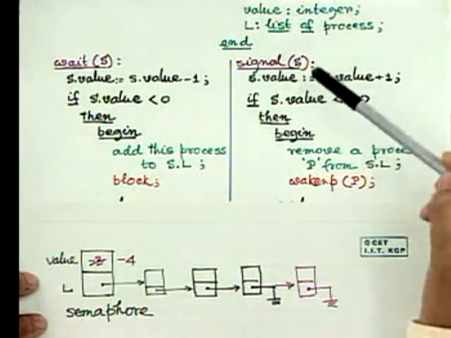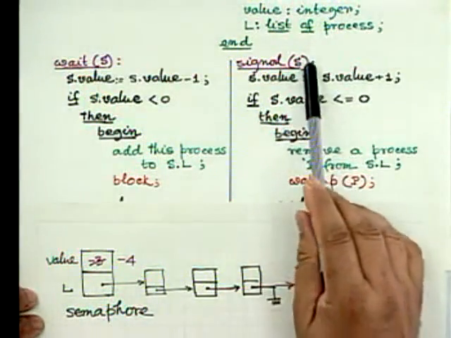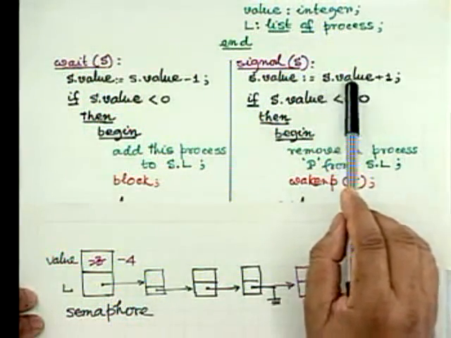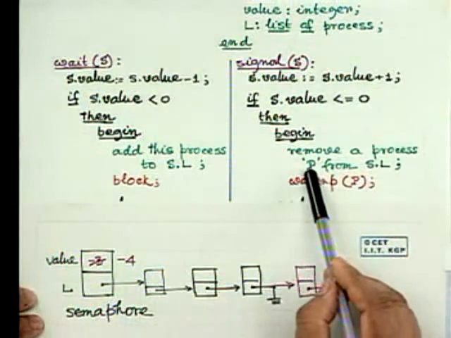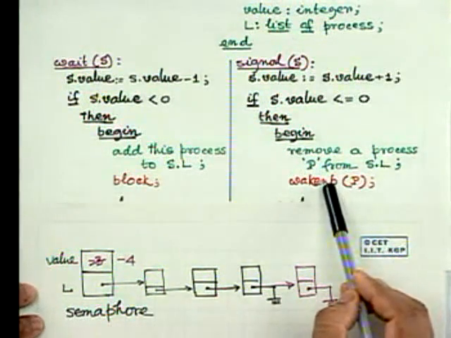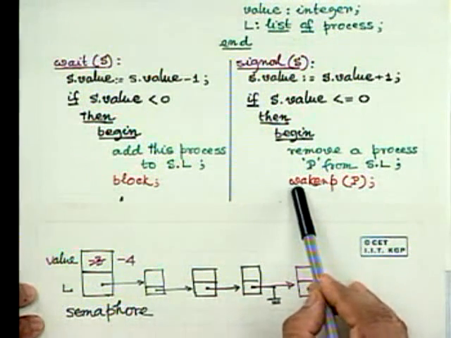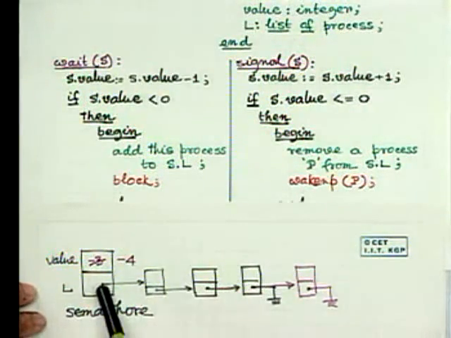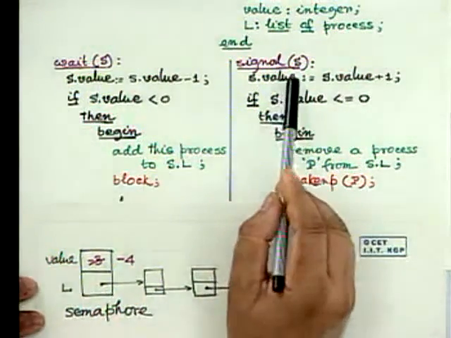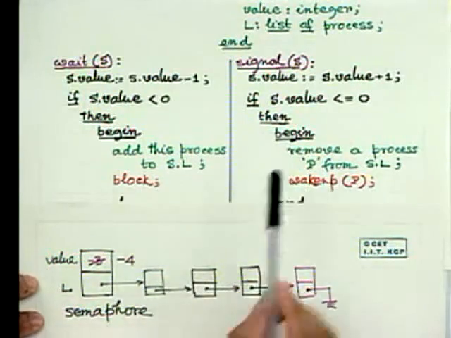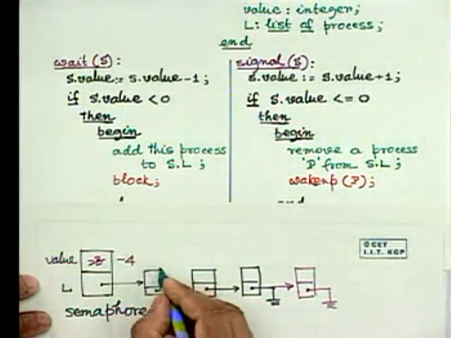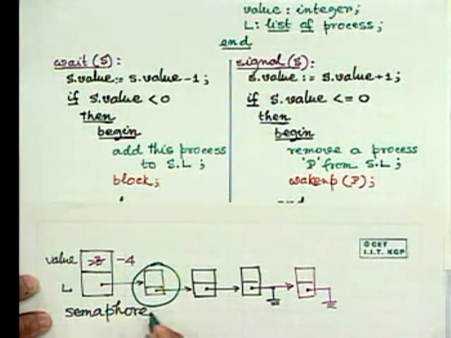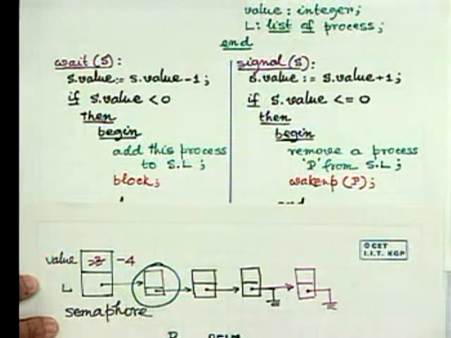Now let us see what the corresponding signal operation is. The signal S operation increments the value part of it. That means S.value is incremented, and if it finds that S.value is still less than or equal to 0, then one of the processes, say P, will be removed from this list L, and that process will be woken up by calling the system call wakeup P. Now say the situation is that if this process executes signal S, it will find the value part to be -4. Then one of the processes, say this one, will be removed from this list. Let this process be P, and then it will be sent into the ready